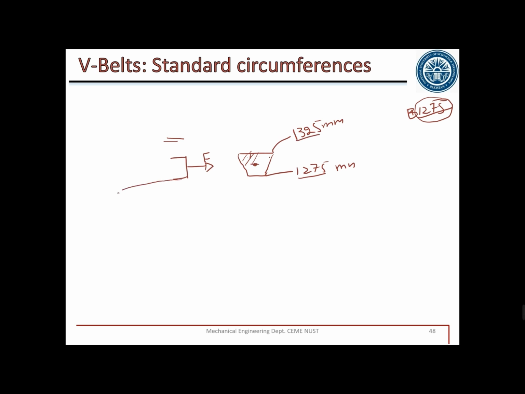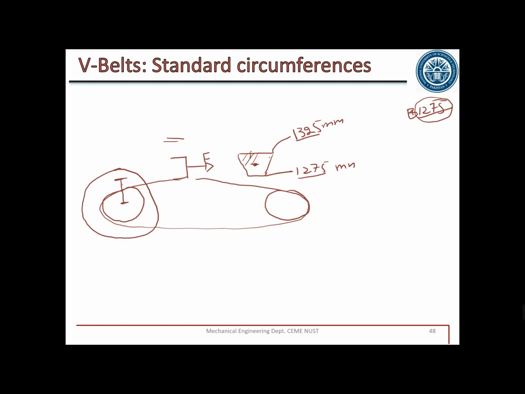For example, let's say this is a complete belt, and there is a pulley here. Similarly, there is a pulley here. The pulley will have a groove for the belt to settle down, so there will be an inner and outer diameter of the pulley. For calculation, we will calculate a pitch diameter of the pulley, which will be in between these two points, and that will be given. Any diameter of the pulley given, we will consider as the pitch diameter D, and we will assume that this force passes through that pitch diameter, or this pitch diameter will be here.